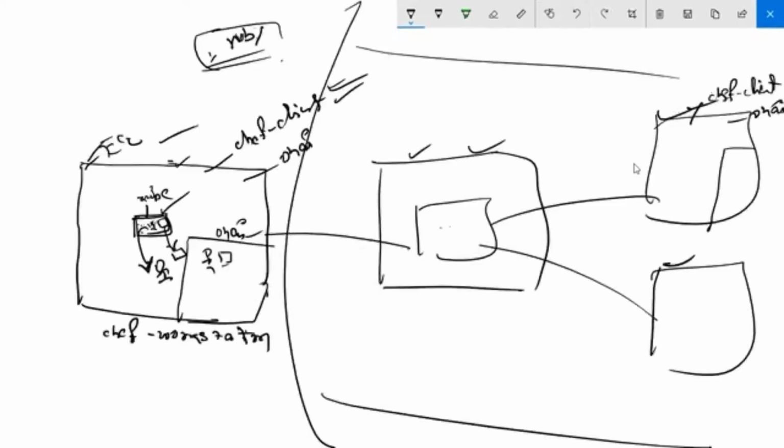Sai, I have one question here. Yes. In the real environment, is Chef client going to be used in the nodes? In between, this Chef client. Yeah, obviously. Because Chef client is a tool that you'll get in each and every node. So as I told you, Chef client will keep on running. It will go to the Chef server, it will pull the code, and it will apply that code here.